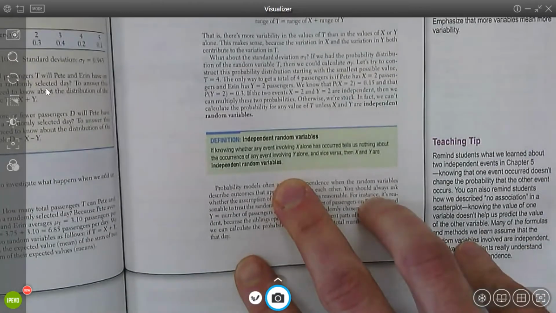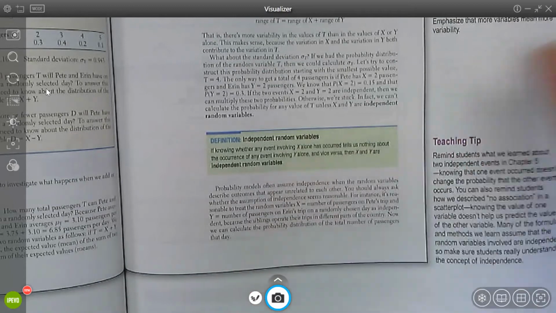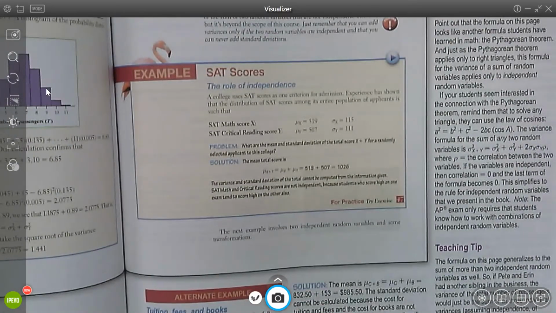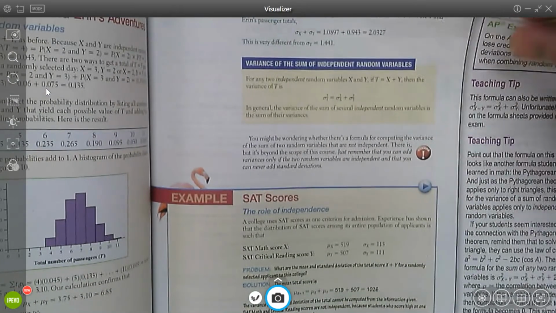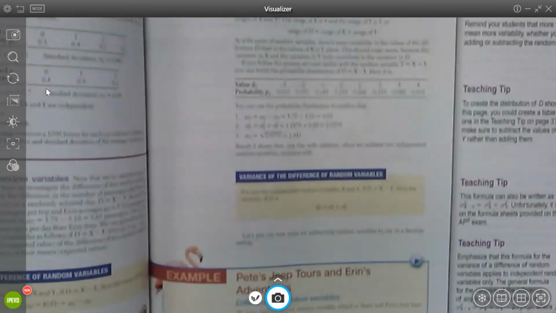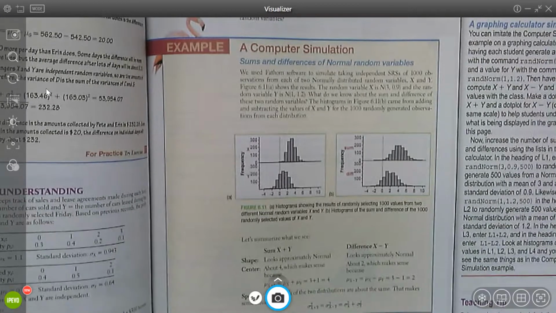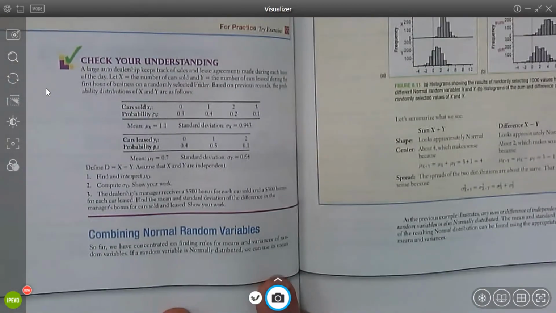You have to have independent random variables in order to add the variances. That's true. For the means, it doesn't matter. You can do whatever. We talked about that. That's adding variances. Means play nice. Variance, yeah, mean of the difference. Doesn't matter. Okay. Now when we get to continuous random variables,